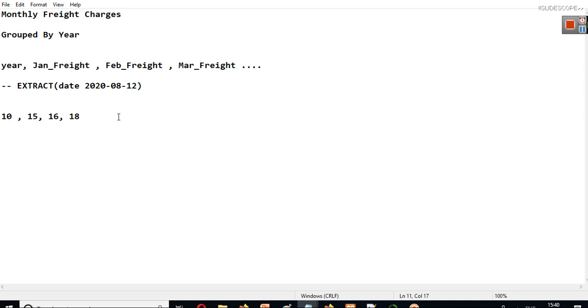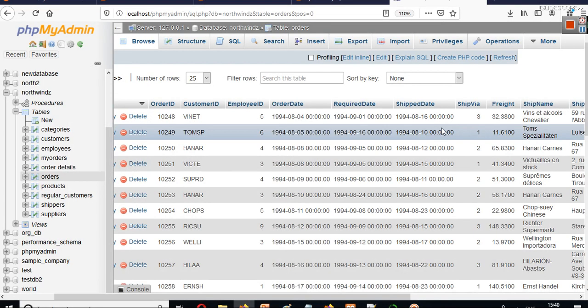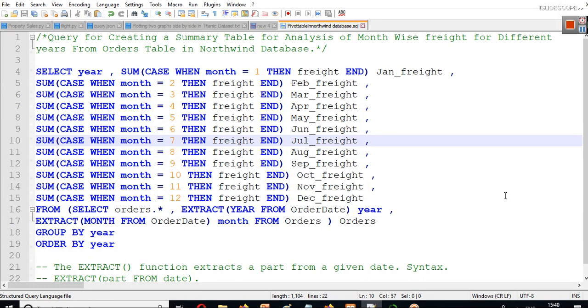You will sum all these values and this will give you the total collection of that particular month or period. So in this case also we have to use the sum, and that's what we were talking about when we said that with the help of the concept of a pivot table, we can generate a summary of data. In this case we will use the case statement also.